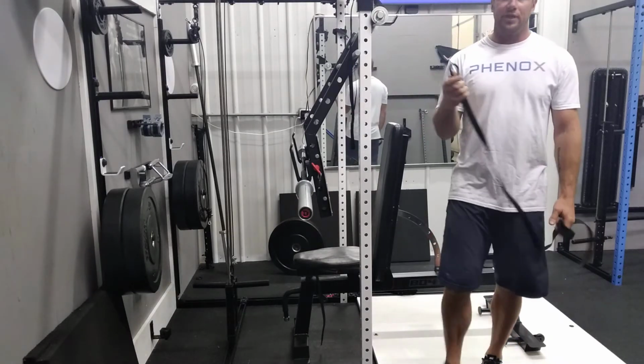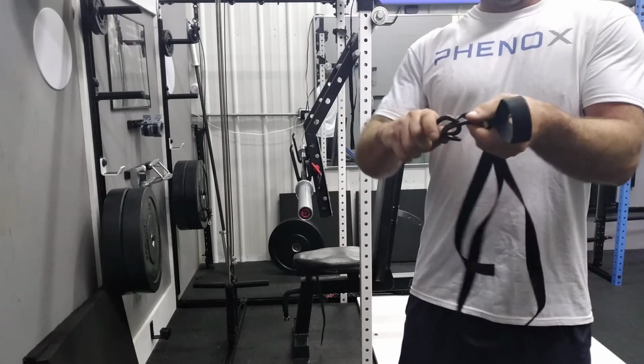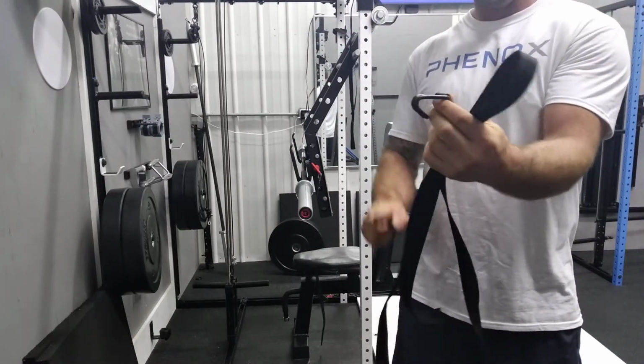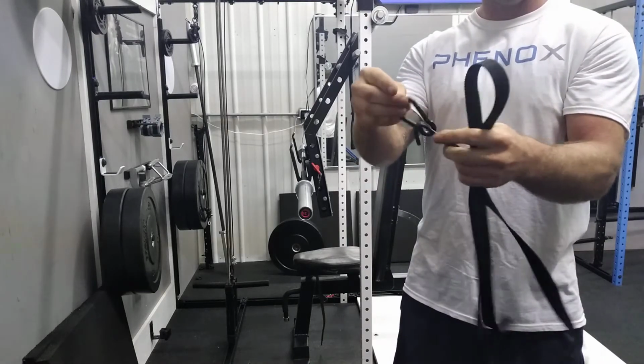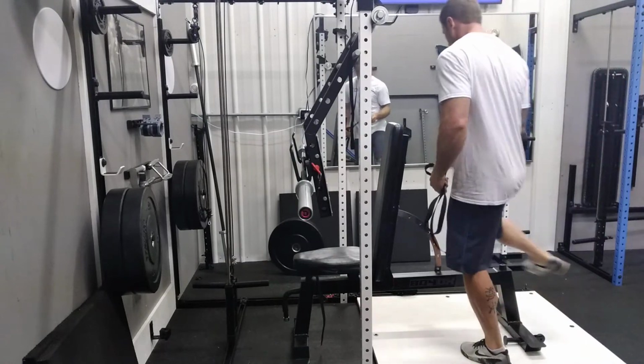One of the things I changed up slightly from how it comes is I added the spring clip, because they come with a hook like so. And I want something that's a little easier, so I actually just added a hook. And this goes to